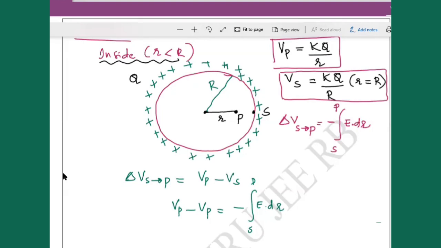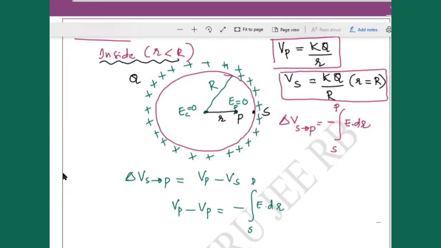Now I want E at the inside. This is the electric field inside. Electric field inside at a point P, or at the center, how much? You remember? Electric field at the center or at a point P is 0 when you go inside, because there are no charges. We already proved this one. Stina gave the answer. Okay, very good. It's nothing but 0.